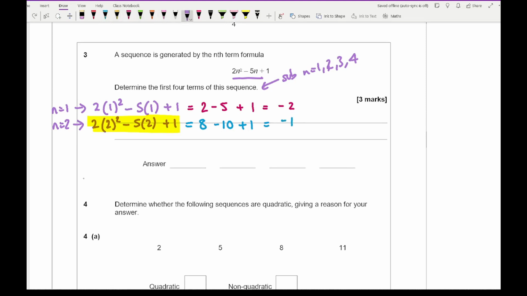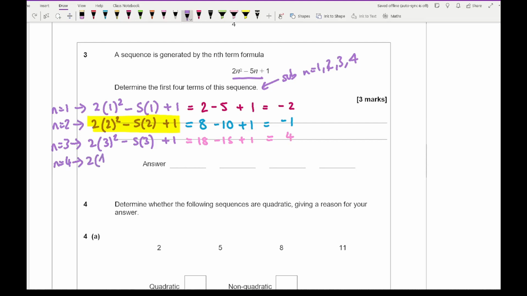Then when n equals 3, I get 2 lots of 3 squared minus 5 times 3 plus 1, which gives me an answer of 3 squared is 9, times 2 is 18, 5 times 3 is 15, plus 1, which gives me an answer of 4. And then finally, when n equals 4,